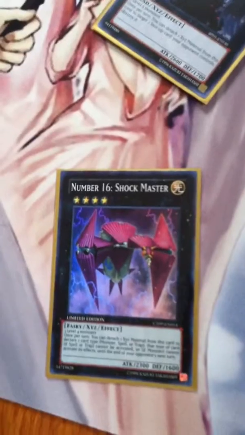Shockmaster, one of the best cards in the deck. You can detach a material to declare one type of card like monster effect, spell, or trap. They can't use the effect until the end of their next turn. It's really good. And for the standard level 5s,